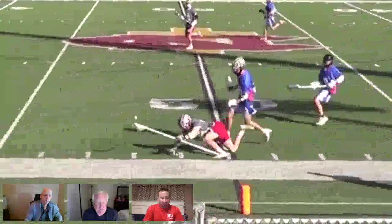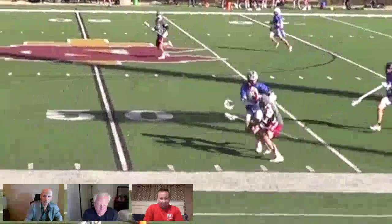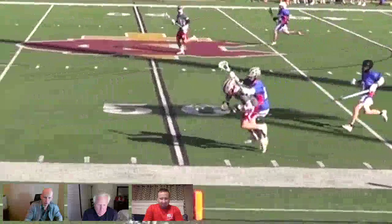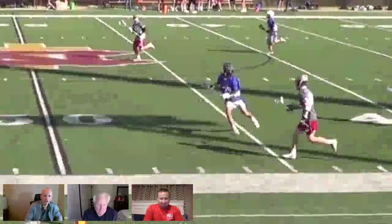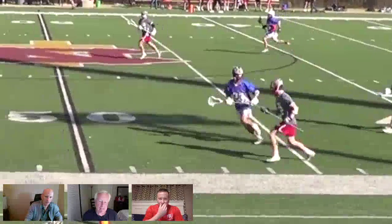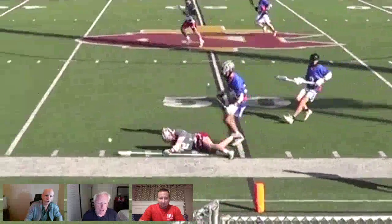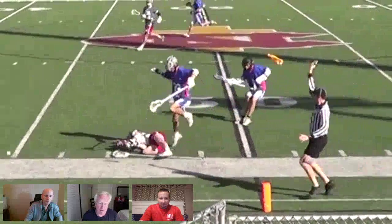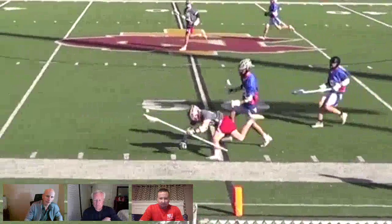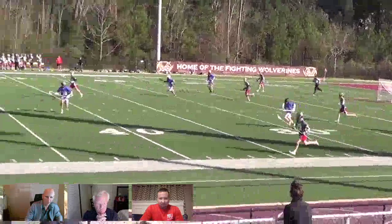So to Bill and us as an association, we need to make the determination. Are we going to call that when we see it clearly enough, that that's a 2-minute lock-in because we've gone up into the head? Yeah, a cross check, at least into his neck. It's certainly above the shoulders. No doubt it's above the shoulders. So I think we need to get a little bit more aggressive,